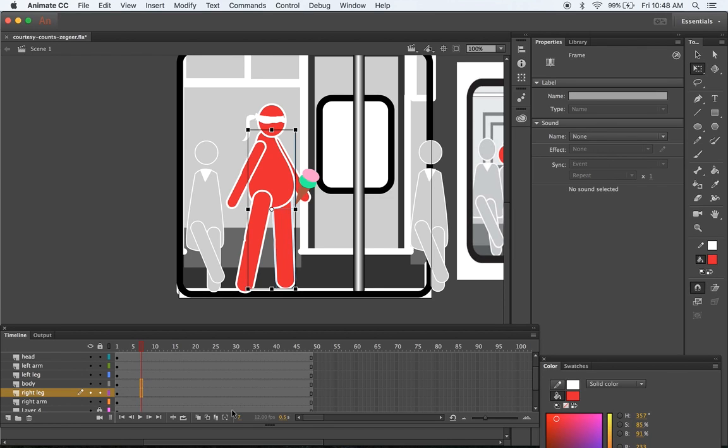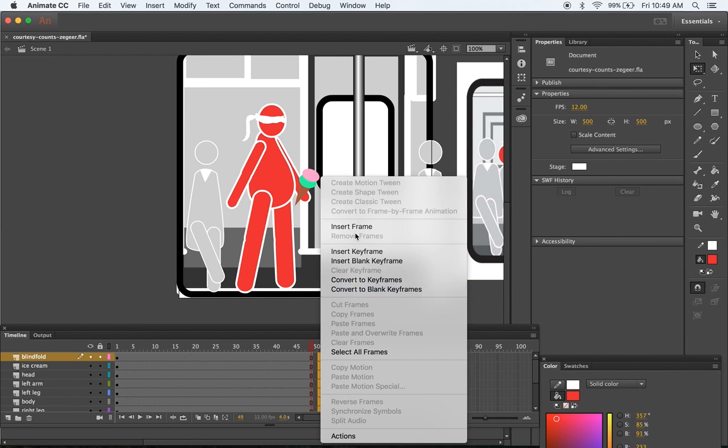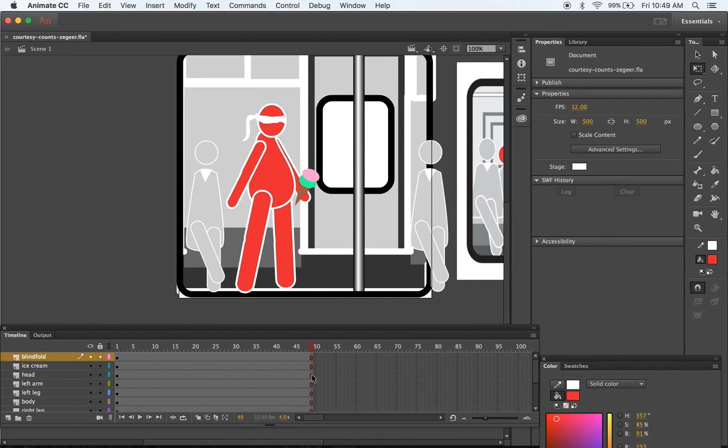I've also extended, I'm not sure I did this at the end of last one, the time extent of all these layers to frame 48. I did that by just selecting a single frame in a row over all those layers, and then saying insert frame. That's the way that I can ensure that everything sticks around, or is visible up through the full extent